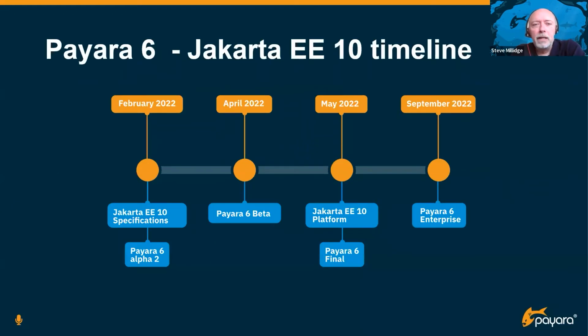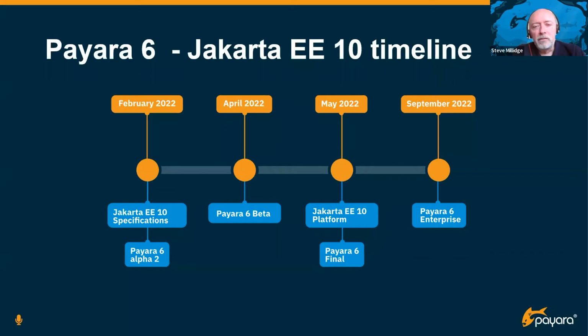So the timeline for Jakarta EE 10, I would take some of these actual months with a pinch of salt, but in general, these are where things are currently slated to hit. More likely it will hit those quarters. So February 2022, basically next month, Jakarta EE 10 specifications are scheduled to be released. Now, that isn't the whole platform. That is individual specifications like JAX-RS or Jakarta Concurrency, which have to have final versions available to be picked up by the Jakarta EE 10 platform during February.